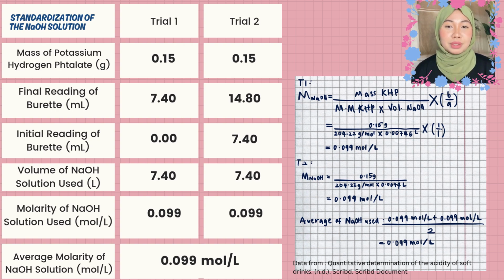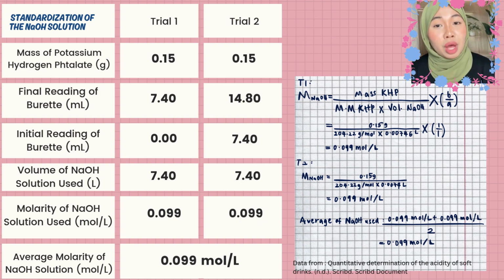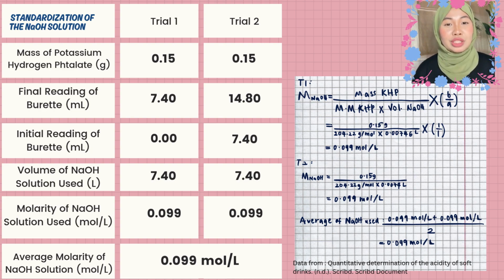Looking at the data from the source, the first phase covers the standardization of the sodium hydroxide solution. To determine the exact concentration of the base, it was titrated against a primary standard of potassium hydrogen phthalate. Across 2 identical trials using 0.15 grams of KHP, the total volume of NaOH consumed was exactly 7.4 ml. Applying the volumetric calculation shown on the right, both trials yielded a highly consistent molarity of 0.099 mol per liter,